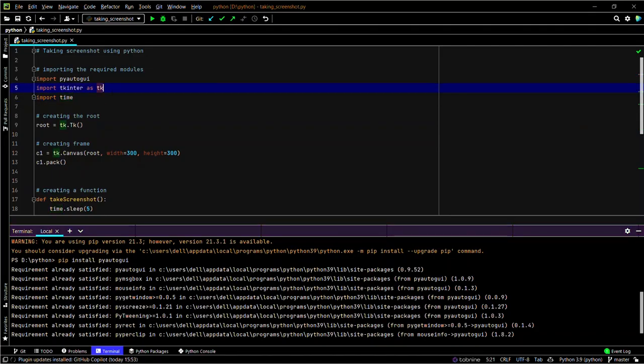And again we are importing this tkinter module to create a GUI and importing this time library to sleep our